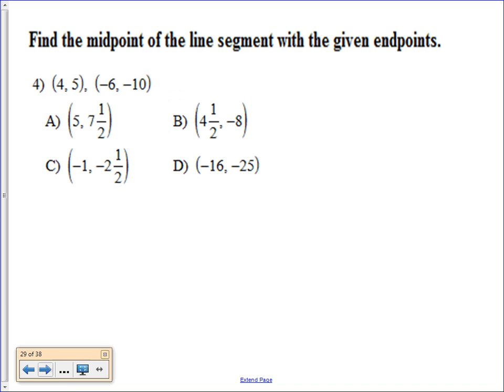Number 2, midpoint with the endpoints. Add them together. 4 plus negative 10 is negative 6, divided by 2 is, which is A or C? 4 plus negative 6 is negative 2. Negative 2 divided by 2 is negative 1. 5 plus negative 10 is negative 5 over 2. That's negative 2.5. Again, the formula,